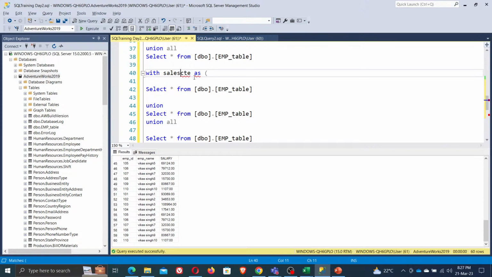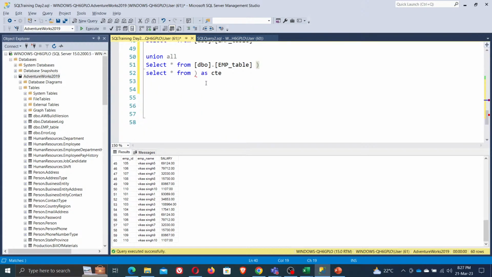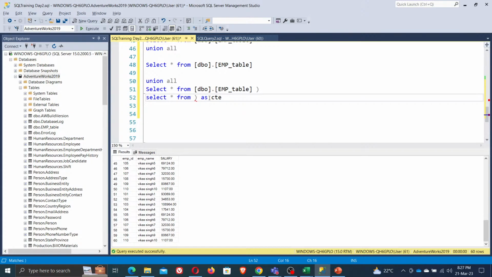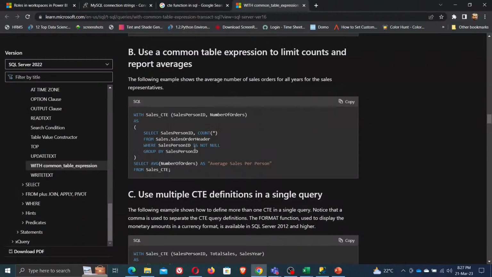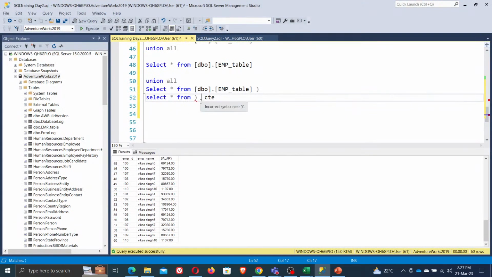Okay, let's type this way, cell city as, and then we have the select statement. We have closed the X, then